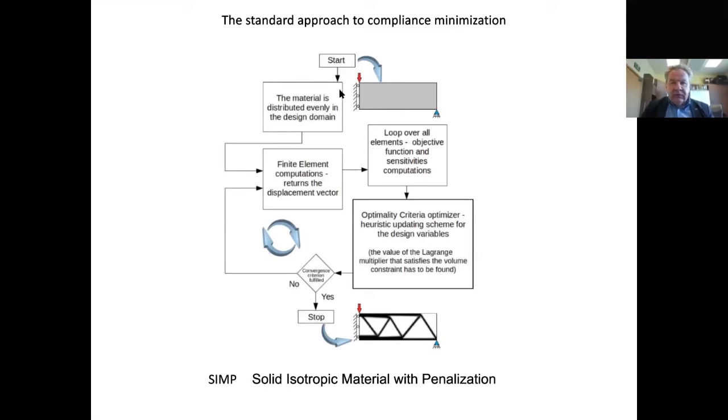So first of all, you assume some material distribution for the whole domain, and this material distribution assumes that the material is distributed evenly in the whole domain. And then you switch in some way the properties of this material, and then you try to force these properties to be real material, so the density goes to 1, or void, so the density of this fictitious material will go to 0. In the end, you should obtain in this domain